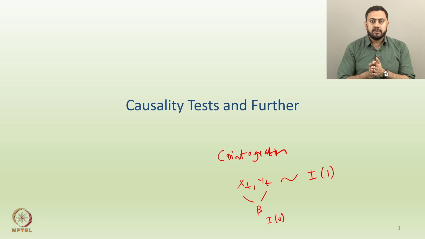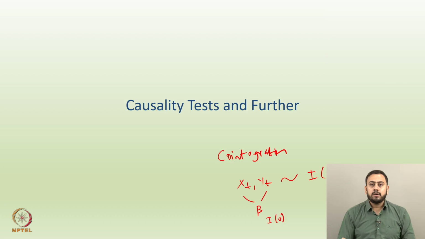And then we talked about a couple of other things, such as what we mean by spurious regression. In the last lecture we talked about several tests by which one can find out whether two series xt and yt are co-integrated or not. If you remember, we talked about 4 or 5 different tests, let us say Engle-Granger or Johansen test, then Phillips-Ouliaris, and the ARDL bounds test, etc. In all these tests, the underlying H naught is that xt and yt are not co-integrated, while the alternative hypothesis is that xt and yt are co-integrated. Towards the end of the last lecture we saw a couple of examples where testing of co-integration is important to analyze both the series further.